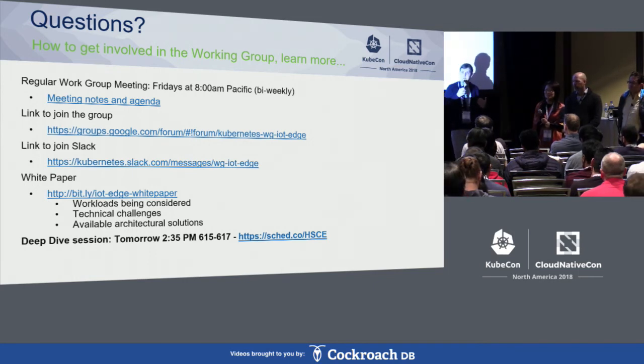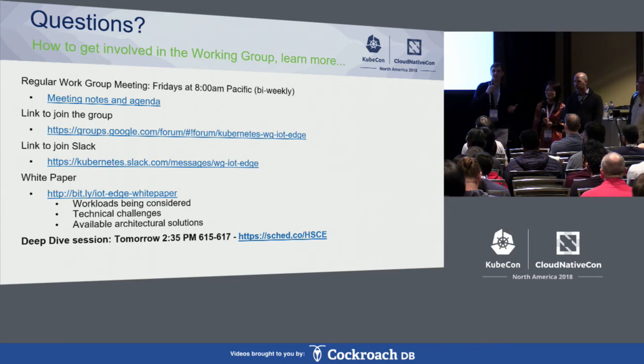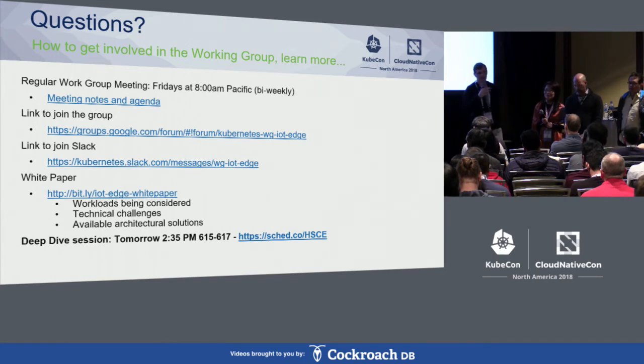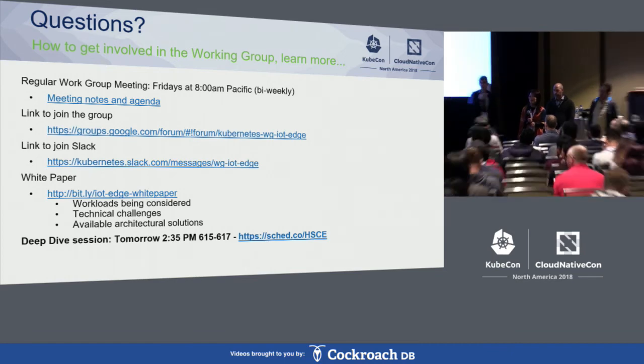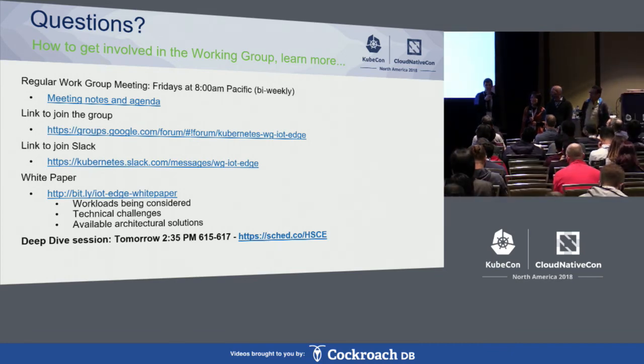So there's already a bunch of material there about different challenges that people are thinking about solving and how they approach these challenges today. Hopefully, we will streamline all these efforts and provide best practices for features that are already there in Kubernetes to deal with this.